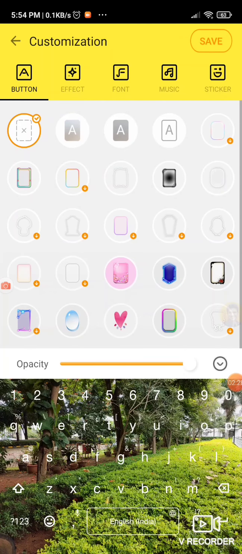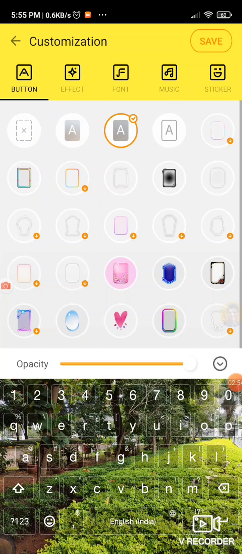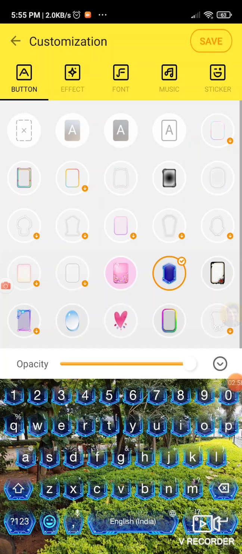Once you press next, you can see here that the keyboard has got the background of your picture, whatever you selected, plus in the foreground you can see the letters and the numbers, which are nothing but the buttons. Now we'll go and see how to customize the rest of it. You can see the different types of buttons, right?